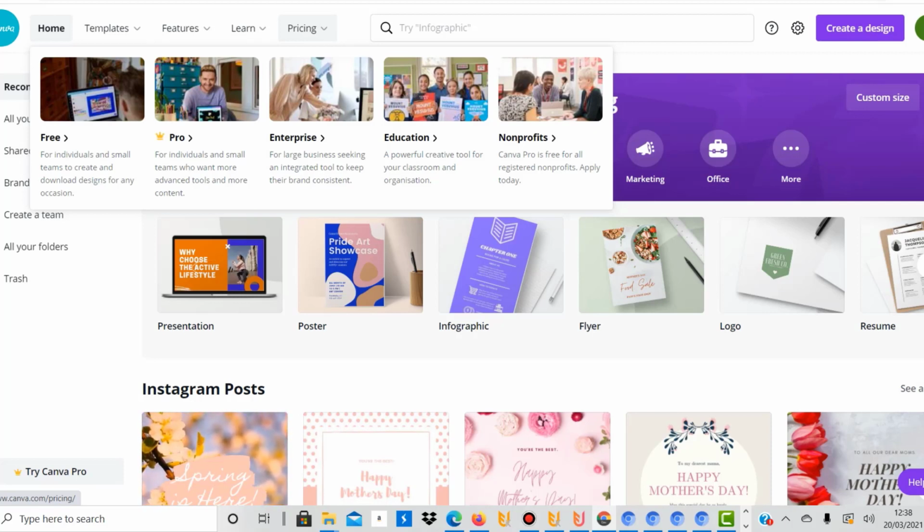So there is obviously the free version that you get if you just sign up. All you need to do is sign up with an email address, and you can immediately start to create designs, and you can already use a lot of templates and free graphics or music elements or videos or even photos. Then there is the Pro version,